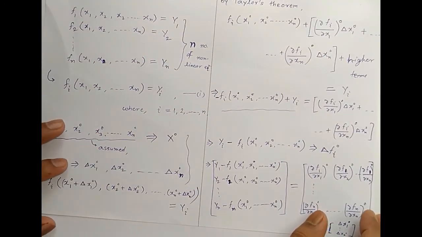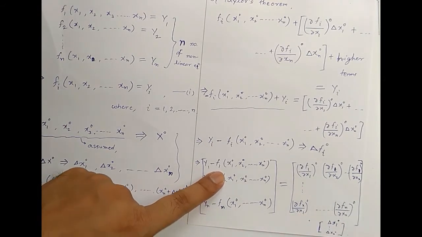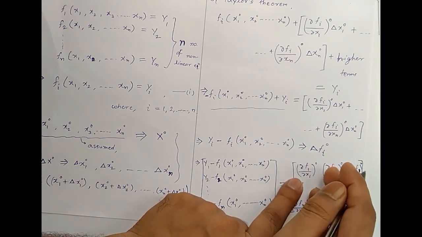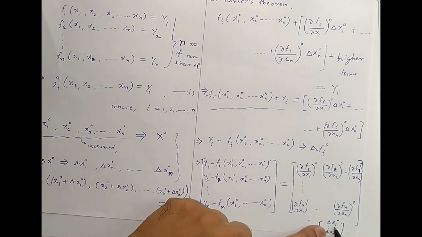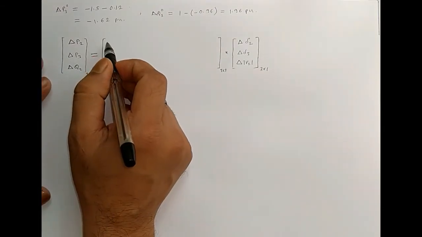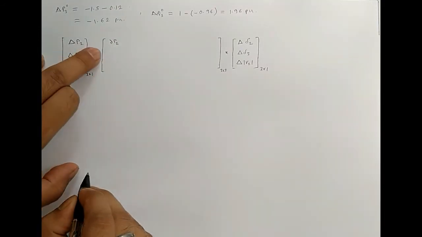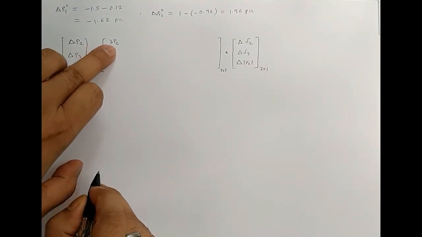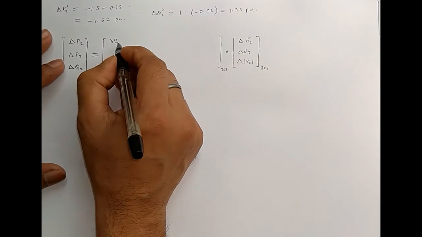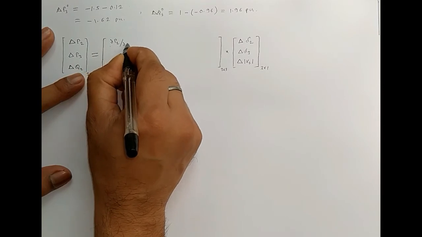This portion we have discussed in the basics of the Newton-Raphson method, from where this Jacobian matrix can be formed. This is nothing but the partial differentiation of the function with respect to the corresponding values. So on the left side, the Jacobian matrix will be del P2. This is the equation, that means the nonlinear equation. So partial differentiation of del P2 with respect to del delta 2.